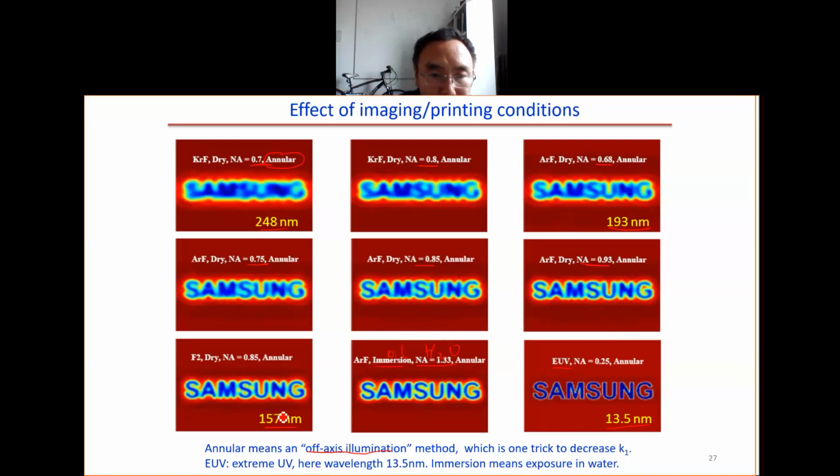So this one, 157 nanometer, has been under research for many, many years. But around the year 2000, this one was given up. The 193 nanometer immersion argon fluoride won. So this one won, this one lost. As a result, the company